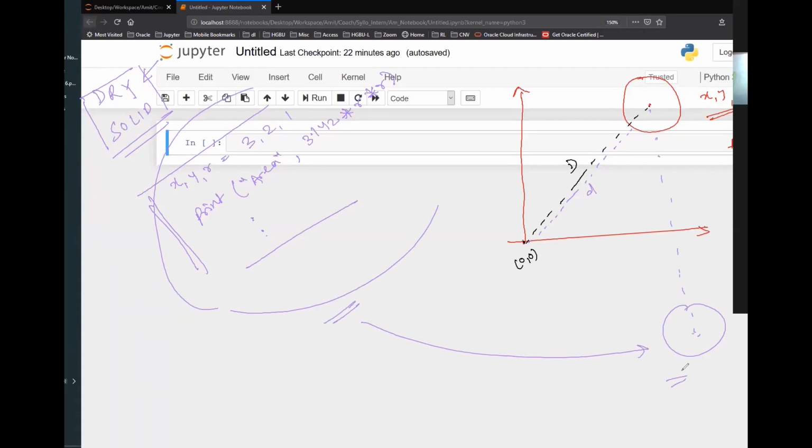what I can do is I can write a function. Basically all this logic I can encapsulate, I can bundle it together with all the variables, all the logic, all the related components. I want to bundle it together and make it available as a function. So that the moment you invoke that function, the logic will get called and there will be an answer or a result that will be given to you.